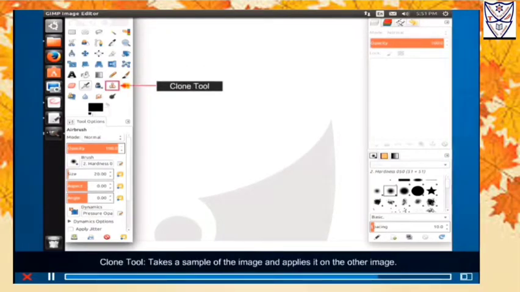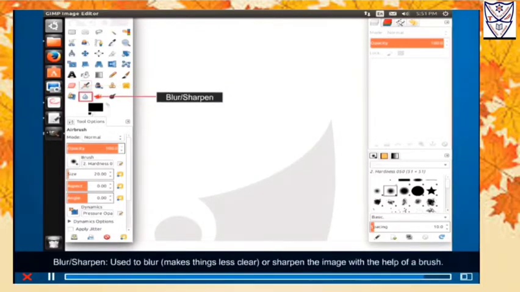Clone tool takes a sample of the image and applies it on the other image. Heal tool corrects small blemishes in scanned image. Eraser tool removes the part of an existing path or stroke. Blur sharpen used to blur makes things less clear or sharpen the image with the help of a brush.